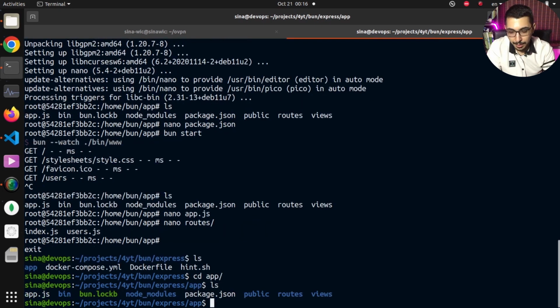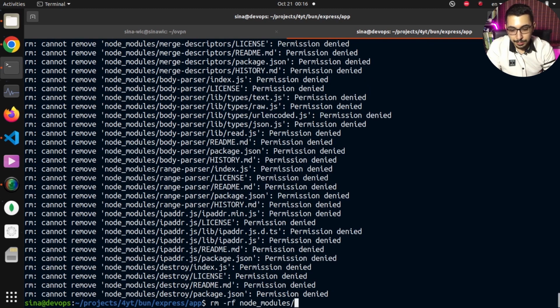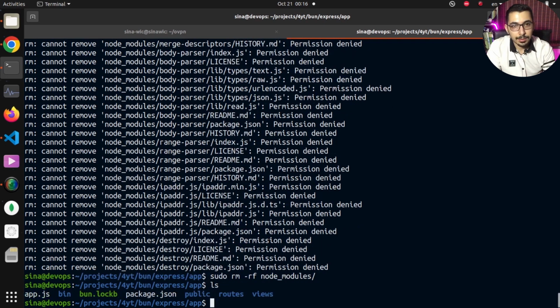I'll hit ls again, and right now I can simply remove the node modules directory, as we're going to create a Docker image, and it is actually created and stored in the Docker image itself and won't be needed on the host machine itself. So I get permission errors, and if I say sudo rm, it is successfully removed,